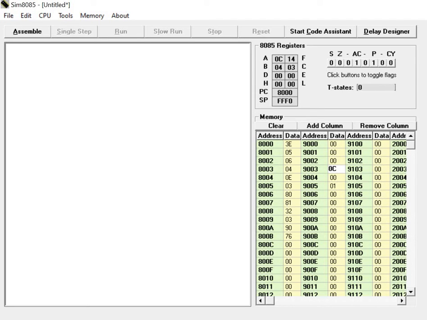So first of all, MVI, move immediate, first input. Suppose you put in B the value 20. Okay, this is the hex code. And now MVI B, value 20. Now another register, suppose D, so you store the value 30. Okay, and now move